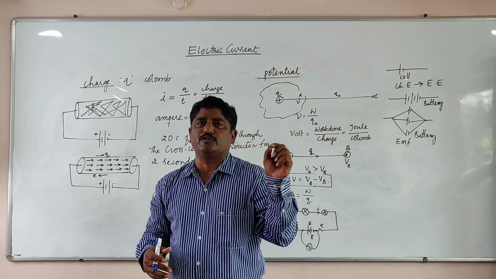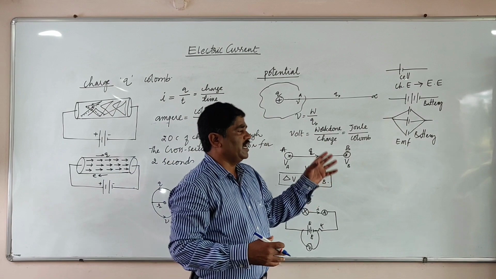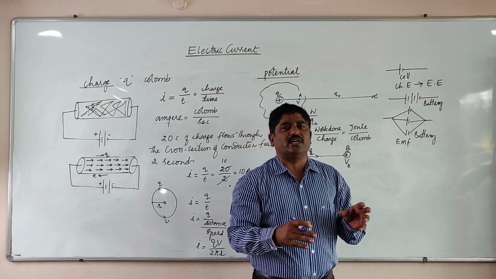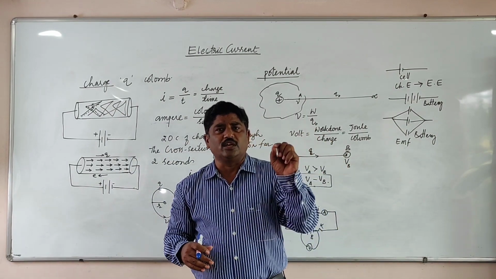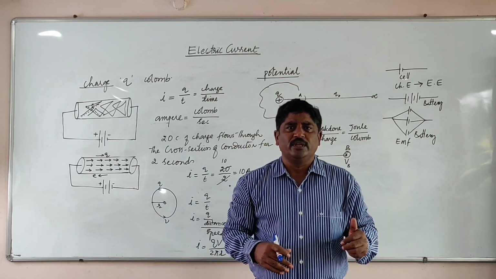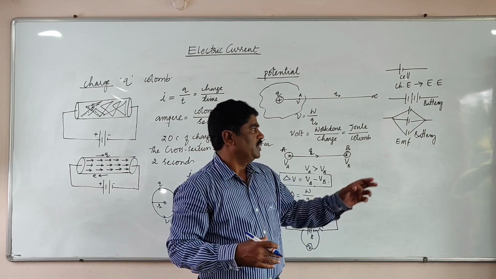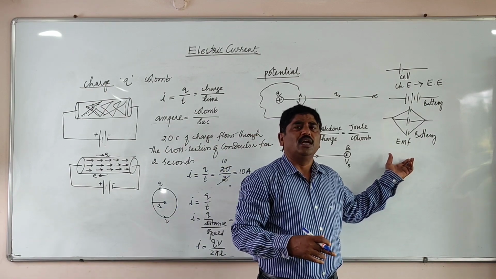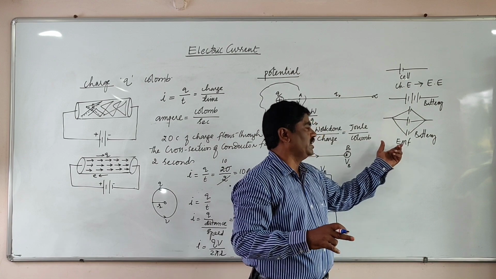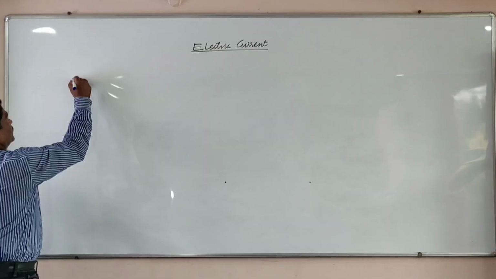If one bulb is switched off, then the entire circuit collapses. Whereas our household circuit is connected in parallel, because we can operate only the required appliance and the other ones can be switched off. So according to our convenience, the parallel connection is made for household wiring. The entire house is maintained at a common voltage, that is the household voltage.